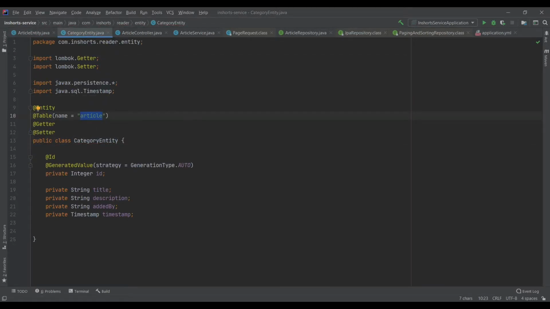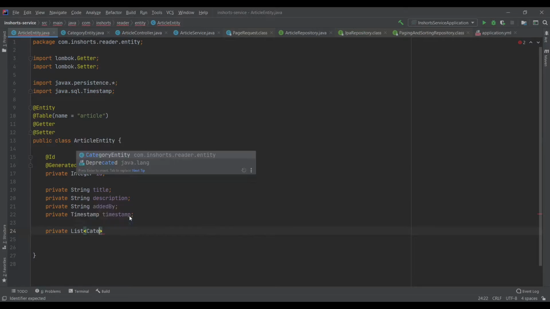Let me write this table name as category, and its primary key would be category ID. Here we need 2 things, name and description. You can change it to tag also. Name is fine as well. We're done with this category entity. Now let's move towards the mapping part, and typically the many-to-many relationship. Now you want this article to contain multiple categories. That is, this article will have multiple categories. One way to represent it is with a list. So this will be a list of category. We can name it categories.